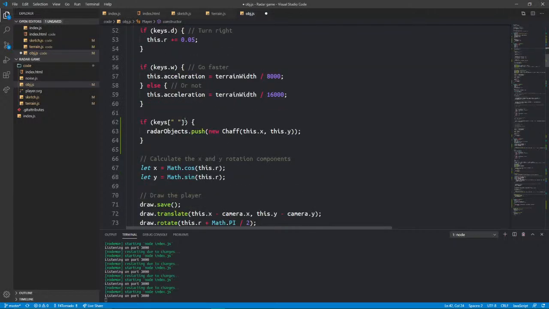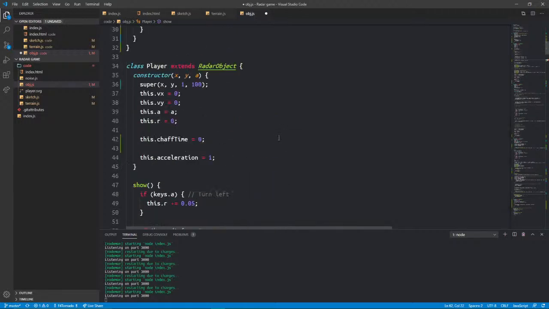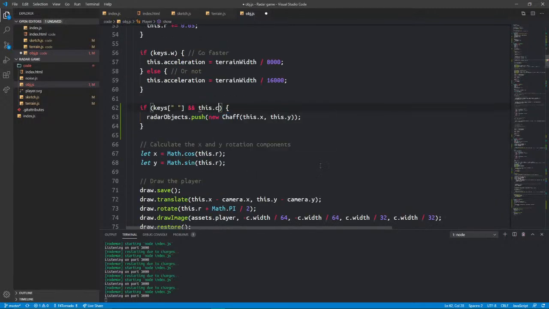And then we can say if you're pressing the space key and this.chaffTime is less than performance.now plus some number, maybe 30 seconds. Actually, that would have to be minus 30 seconds. And